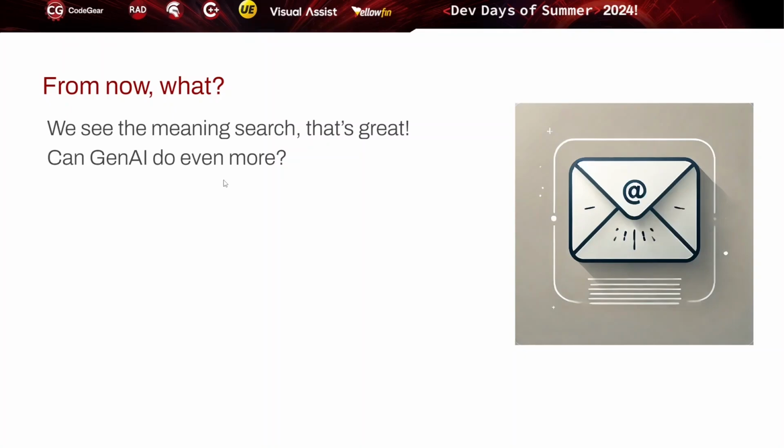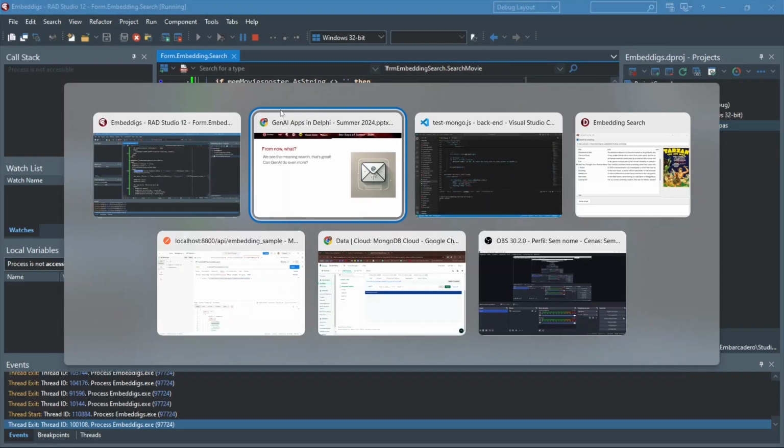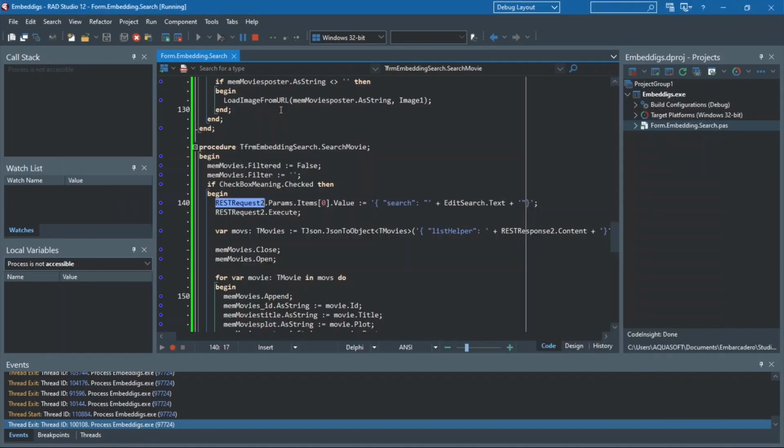That is not only using embeddings to search, but helping it to write, to generate things. And notice that this sample that I showed you until here is only a search with meaning. It does not generate anything new from that. But we can change that. How? Well, we can simply let me stop my sample here and run it again.